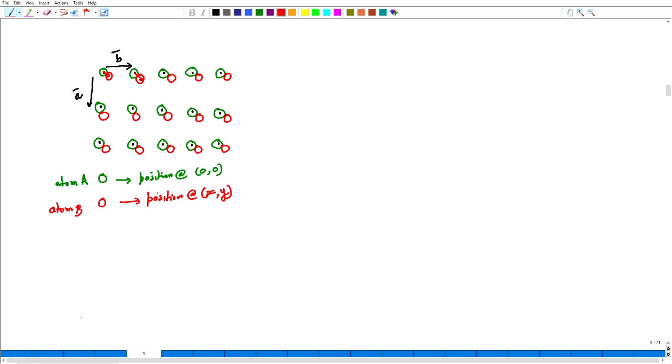Now, just like we have a unit cell for the lattice, we use the same unit cell for the crystal now. So, this is my unit cell defined by the parameters, the vectors A and B. Now, this was a primitive cell in the lattice, and this still remains a primitive cell because it has one lattice point per unit cell. But now, how many atoms do we have here? If the motif consisted of only one atom, then very clearly the atom A, which is located at the corners of the unit cell, gets shared by 4 unit cells, and hence 1/4 contribution of that atom A would be there, and there are 4 atoms at the corners. Hence, I will have one A atom per unit cell,